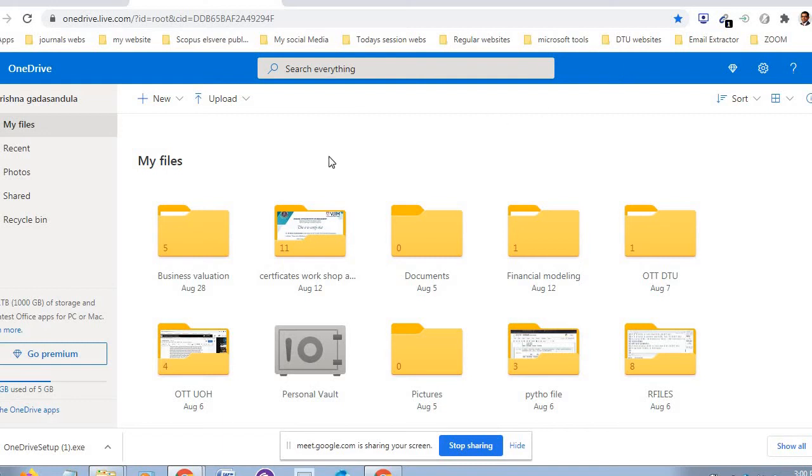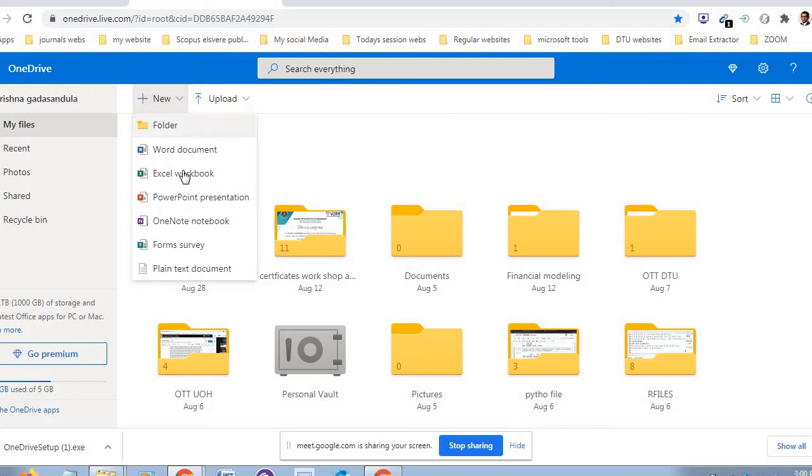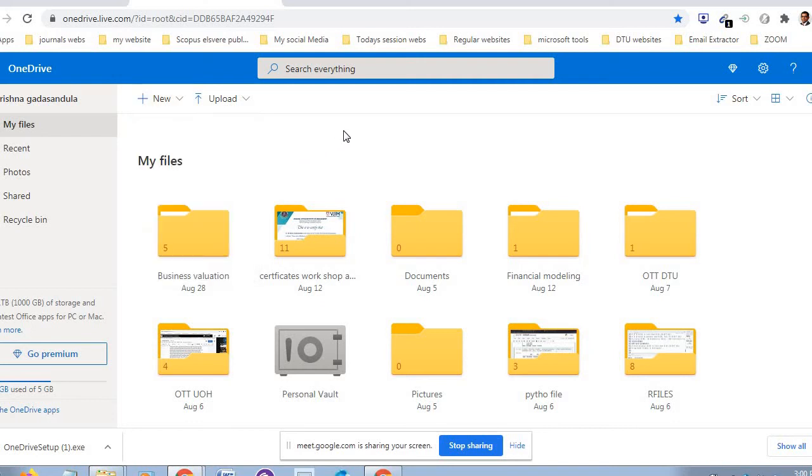So I think you understood this. I think I can show this. Here also it is the same. Here you can upload files and folders, or you can create a new folder, new document or new worksheet, and you can work directly online, whatever you want. You can even store photos also, and the photos option is also available in this.